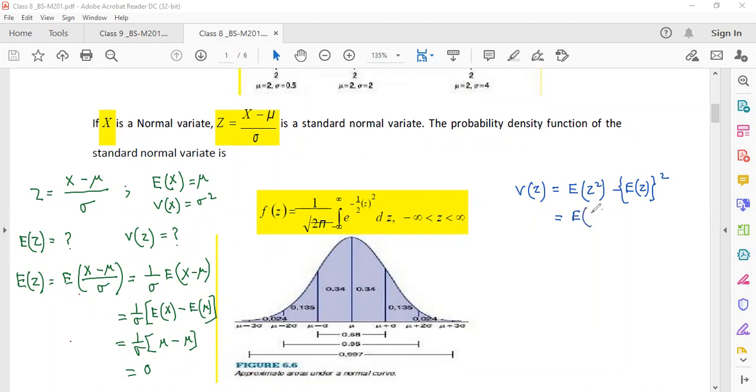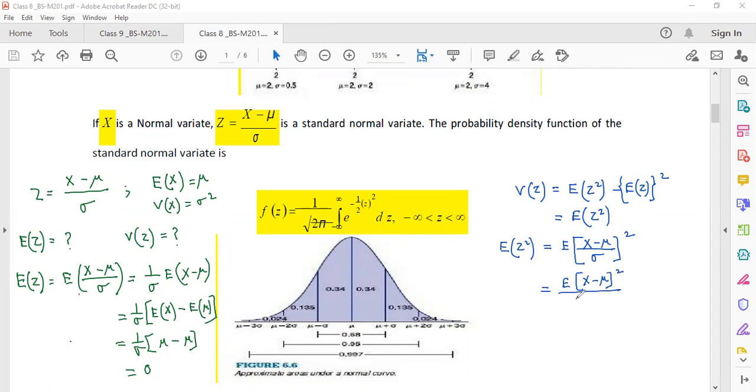So here in this case, V(z) will simply be equal to E(z square). Now E(z square), we can calculate as follows. It would be equal to E of ((X minus mu) by sigma) whole square. Now this is equal to E of (X minus mu) whole square,